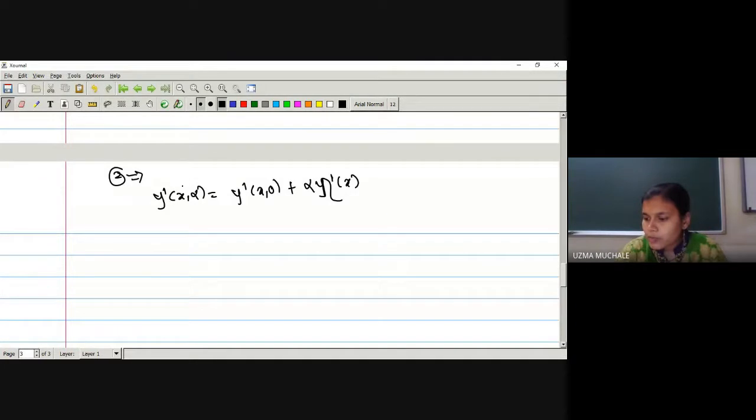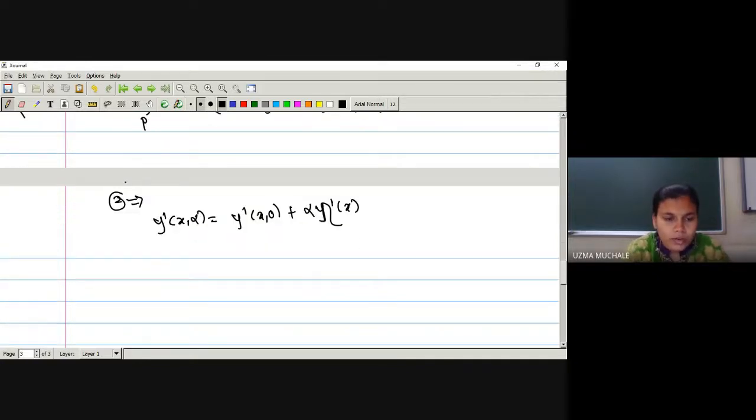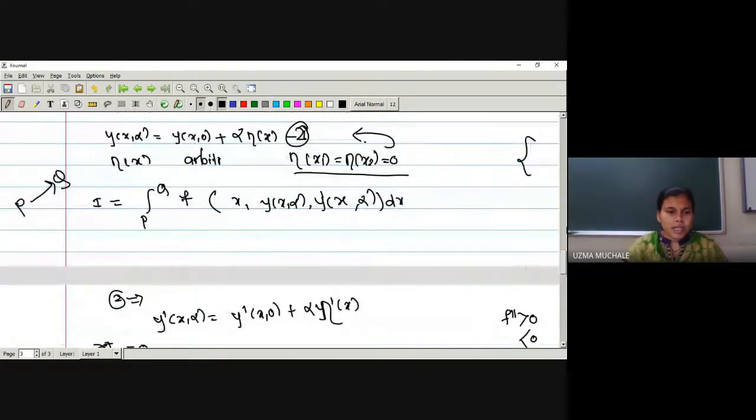Okay, let me now find out what condition is given to us. The value of this integration should be extremum. Now, as we have discussed in the seminar, the value of integration is extremum only if the first derivative we are going to equate to zero. The next condition: the value of the second derivative f double dash is either greater than 0 or less than 0. If it is greater than 0, it is minima. If it is less than 0, it is maxima. Okay. What is our condition? The value of integration should be extremum. Right?